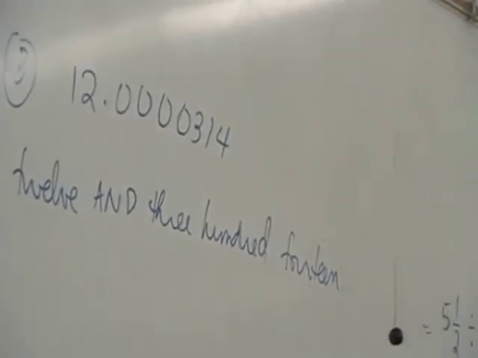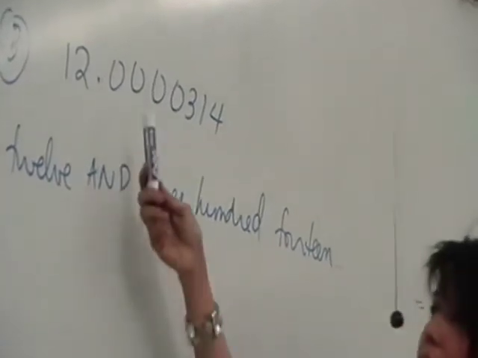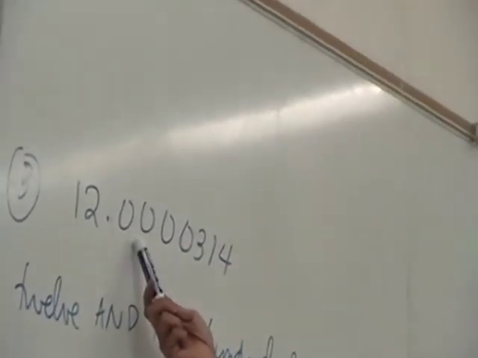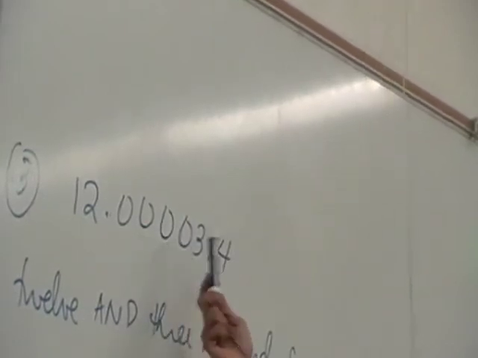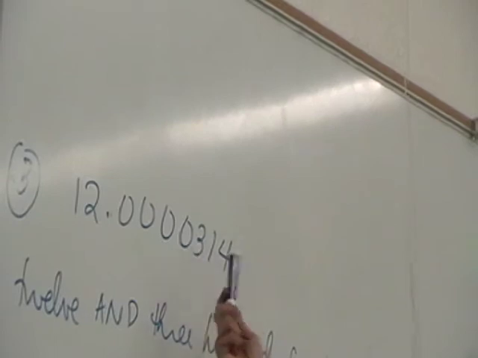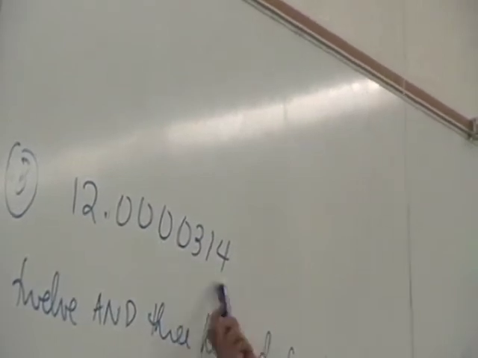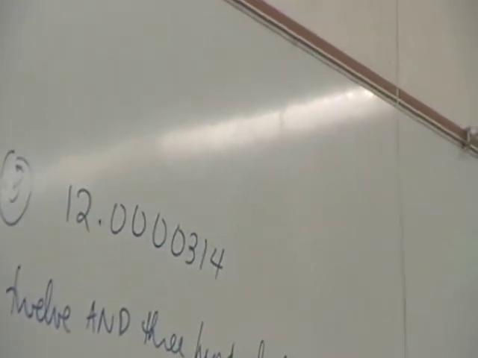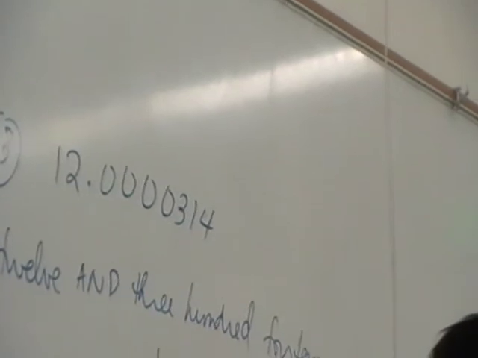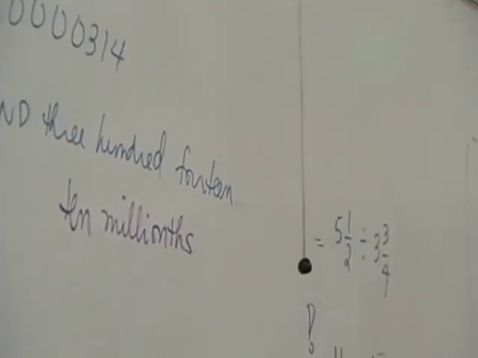In purple, you have to write the place value, right? Okay, let's do it carefully. Tenths, hundredths, thousandths, ten thousandths, hundred thousandths, millionths, ten millionths, right? Okay? So therefore, the place value is ten millionths. Did you guys